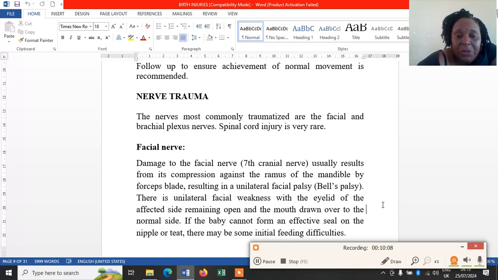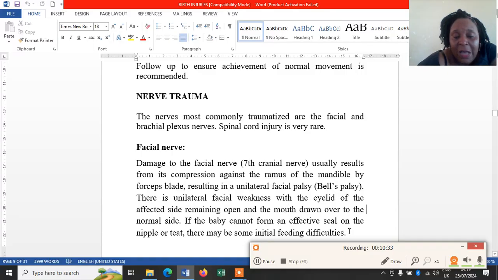And how will the baby look like? There is unilateral facial weakness, with the eyelid of the affected side remaining open and the mouth drawn over to the normal side. If the baby cannot form an effective seal on the nipple or teat, there may be some initial feeding difficulties. Here we mean that